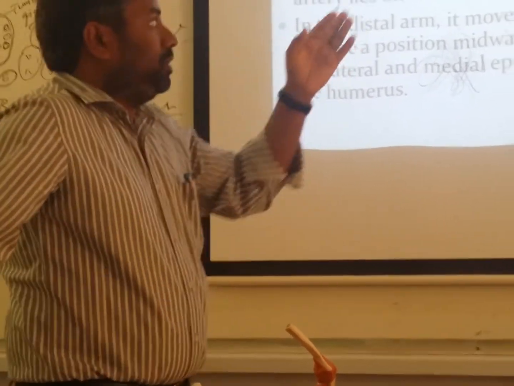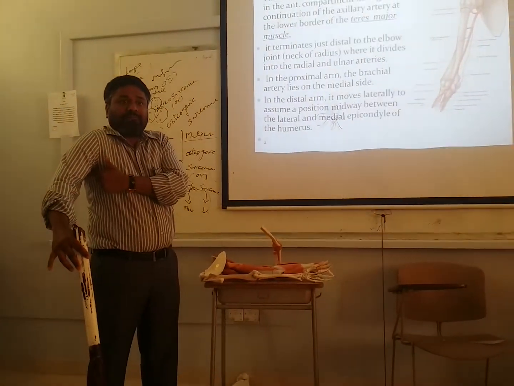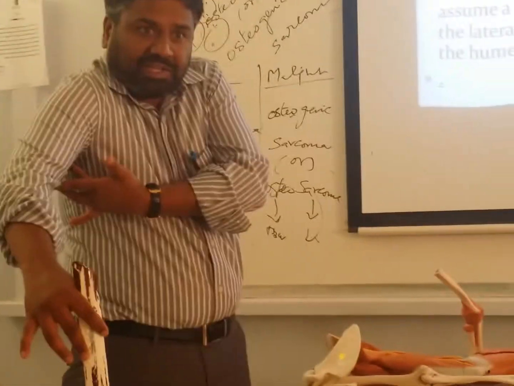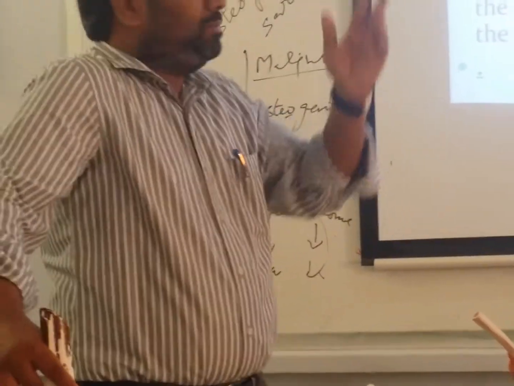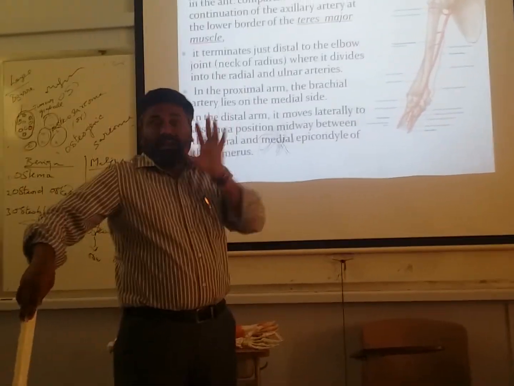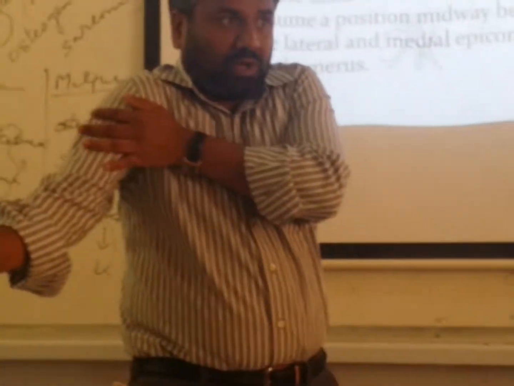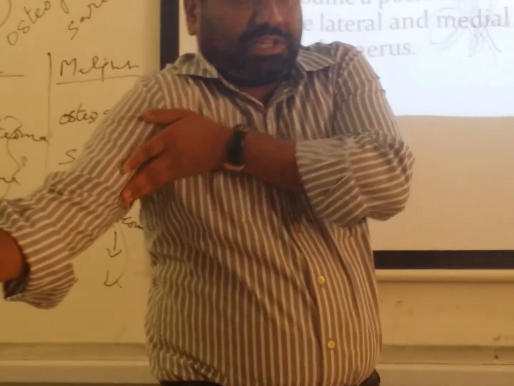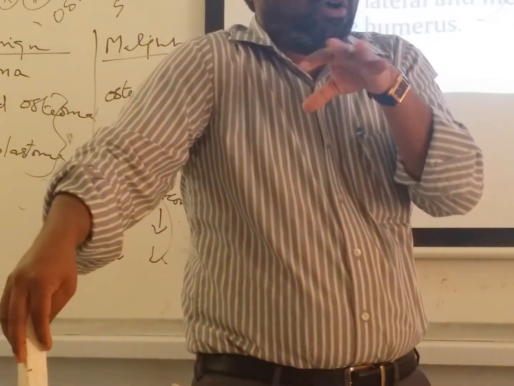So from which point exactly do we call it brachial? From the outer border of the teres major. The teres major is here. Above that, we call it axillary. Clear? From the outer border of the teres major, the brachial artery runs downwards, and very important here, throughout its course it is subcutaneous, below the skin and fascia, not over the muscles, not deep to the muscles. It is superficial. I am telling this point because it has clinical importance.